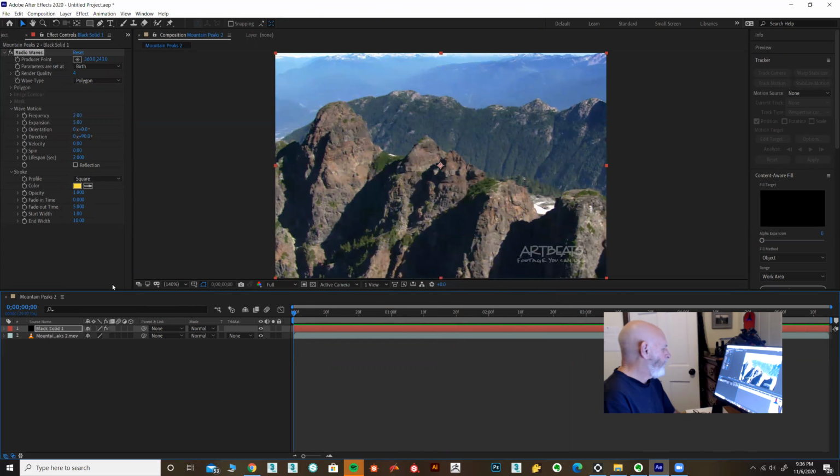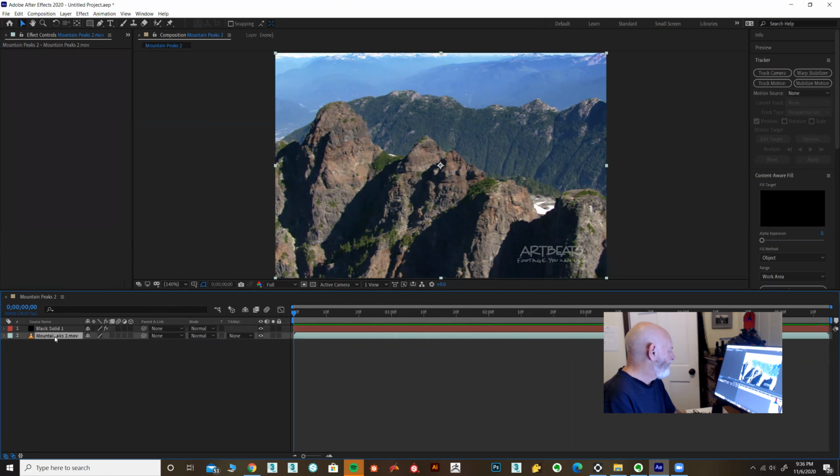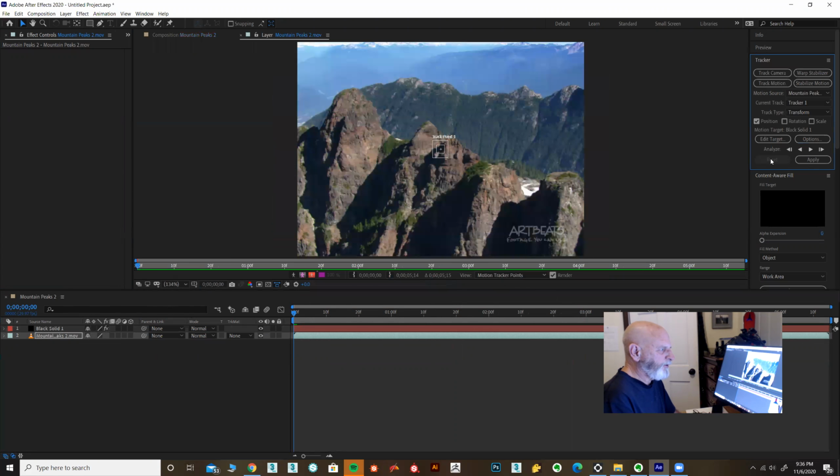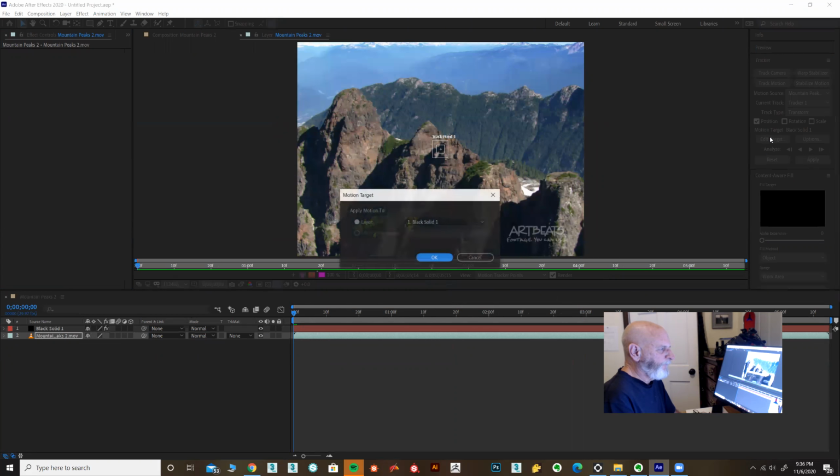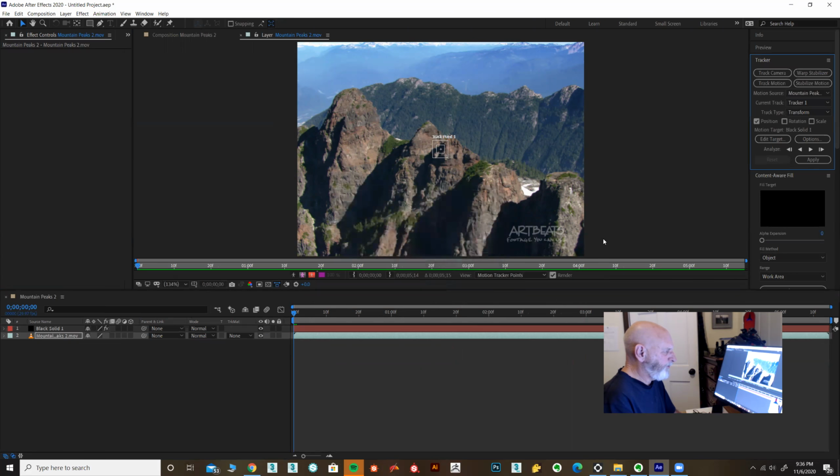All right, so back down on our mountain footage layer, we will track motion, okay? I'm hitting Edit Target just to make sure it's my solid layer. And let us open this up a hair just so we can move it. And now, the thing here is that you don't want to put it directly on the tip of